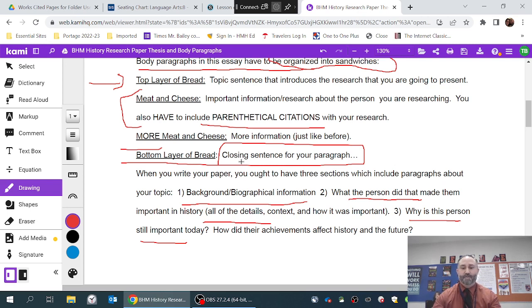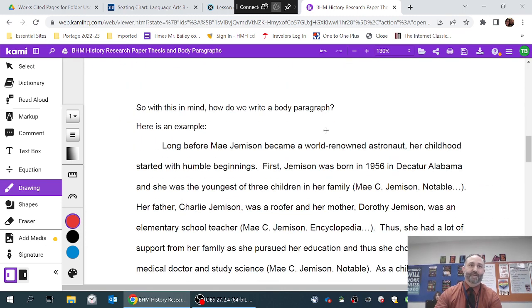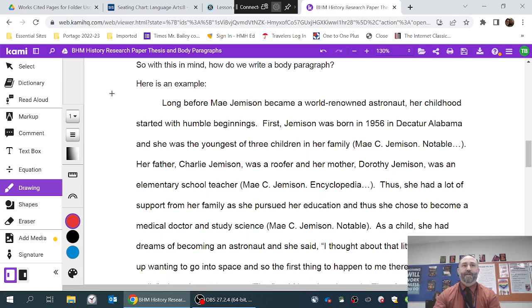that makes each sandwich. So to illustrate this, I actually wrote a paragraph that I didn't really vet yet, but we're going to take a look at it for the sake of this video. So following along, I actually wrote a paragraph using research that is similar to the research that my students did. As it turns out, none of my students chose Mae Jemison as the subject of their paper, so I decided to write a paragraph. What we have here then is: long before Mae Jemison became a world-renowned astronaut, her childhood